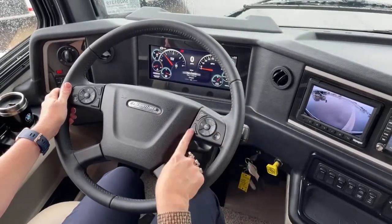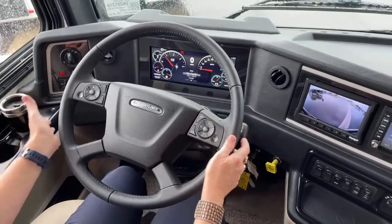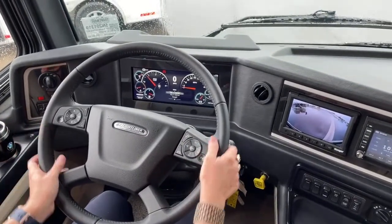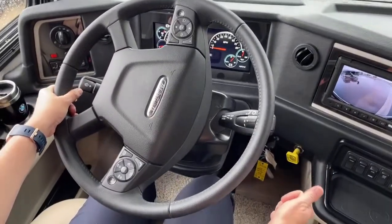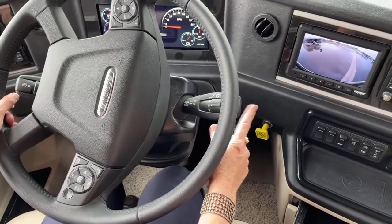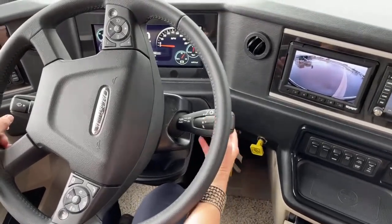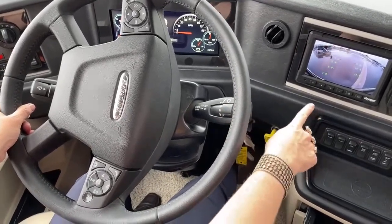Also, you'll notice that we have Bluetooth phone control here, as well as your radio control and cruise control. And we've also moved, so both the 360 horsepower and 400 power Cummins will have the Allison transmission. It's the same transmission, it's a 6-speed. It's controlled right here. If you put the RV into reverse, it will turn your camera on, and then it